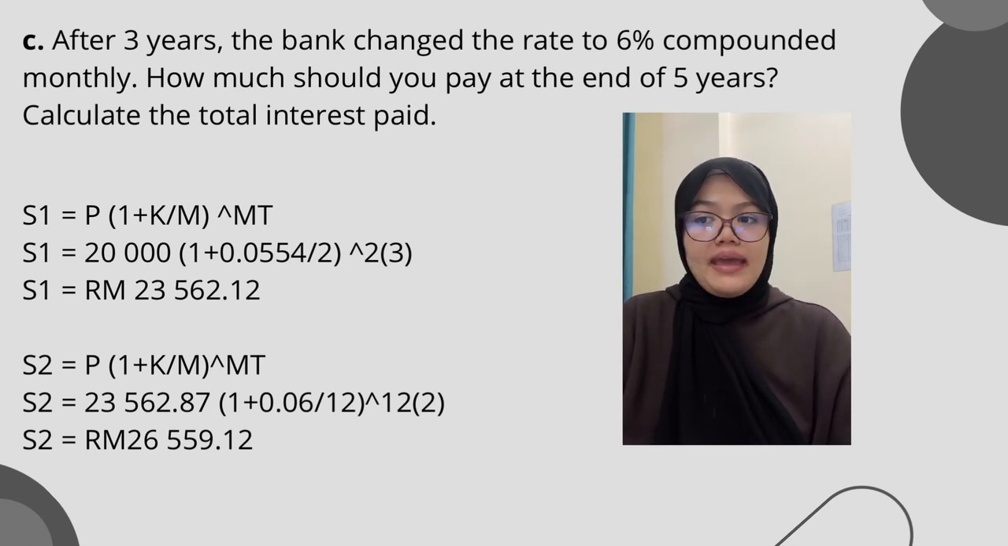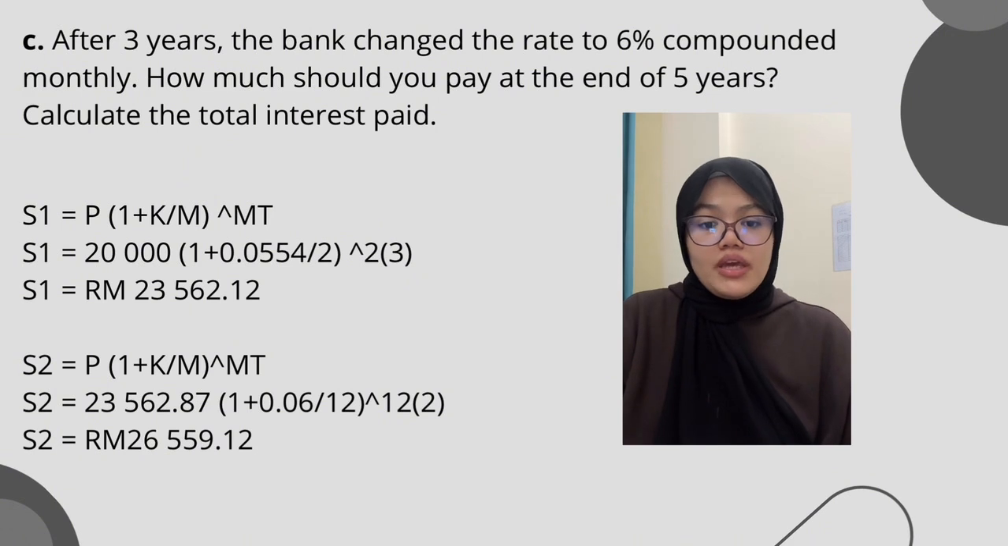C. After 3 years, the bank charged the rate to 6% compound monthly. How much should you pay at the end of 5 years? Calculate the total interest paid. S1 equal P bracket 1 plus K over M bracket power MT. 20,000 bracket 1 plus 0.0554 over 2 bracket power 2 multiply 3. The answer is RM